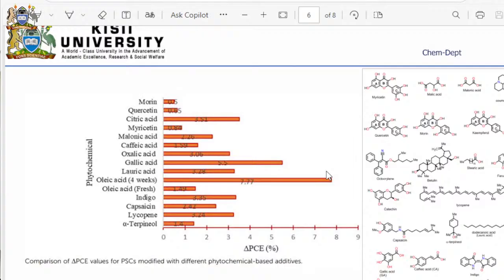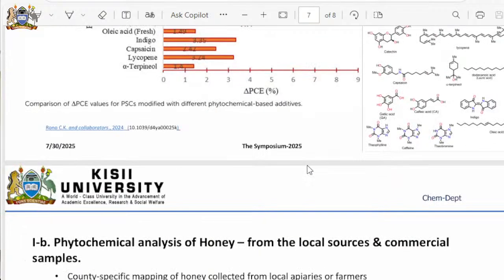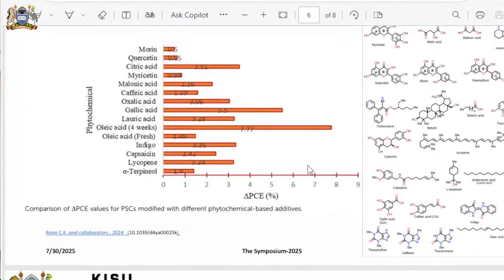So you find that oleic acid performed well. You can see gallic acid also tried in terms of performance, but I did not specify here whether it was made of lead or made of tin. Some of them are made of tin, and they look like they are doing well, but tin has a challenge again in terms of development. So what we are trying to do in our case is to add on to this particular